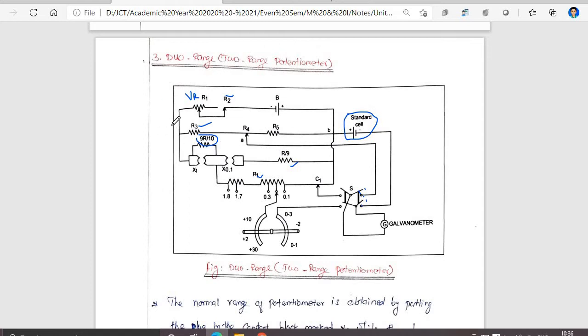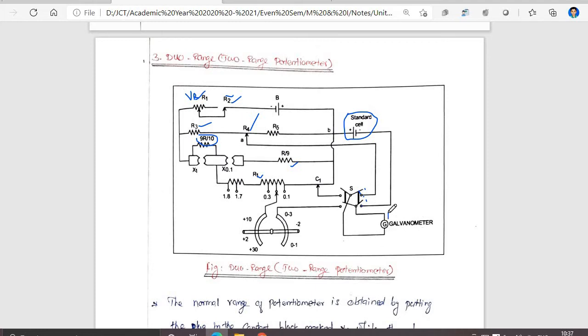So these are resistances we already have as known values. You can adjust the resistance value only for variable resistances. Okay, you can't change the fixed resistance. Here R5 is a fixed resistance and R3 is a fixed resistance. These resistances are not possible to change. We can change only R4 and here R1 and R2. So these three resistances can be varied, and you can set the galvanometer value